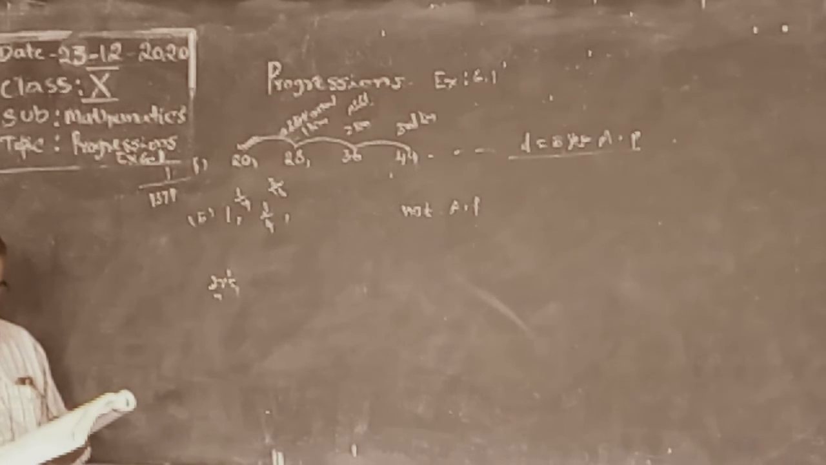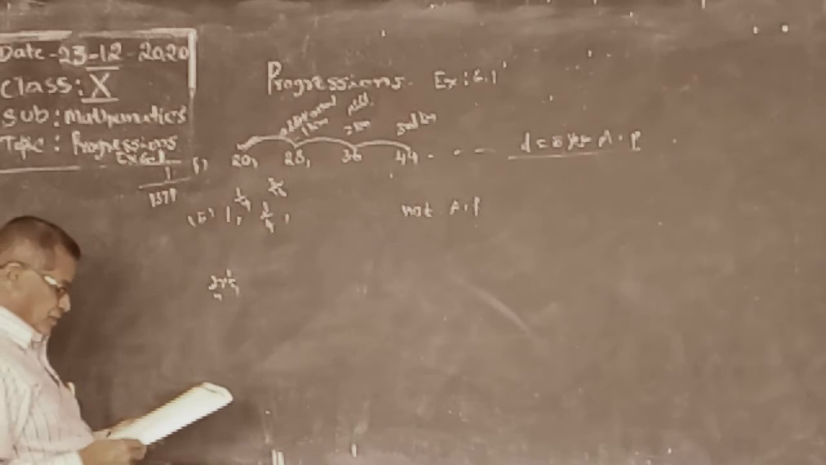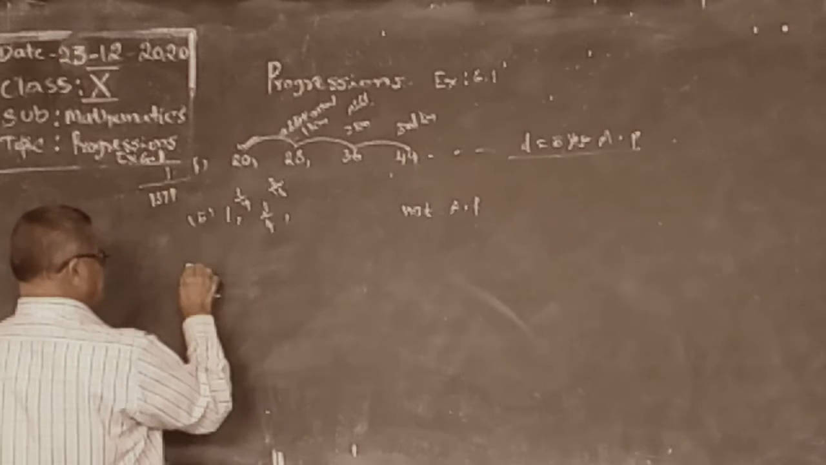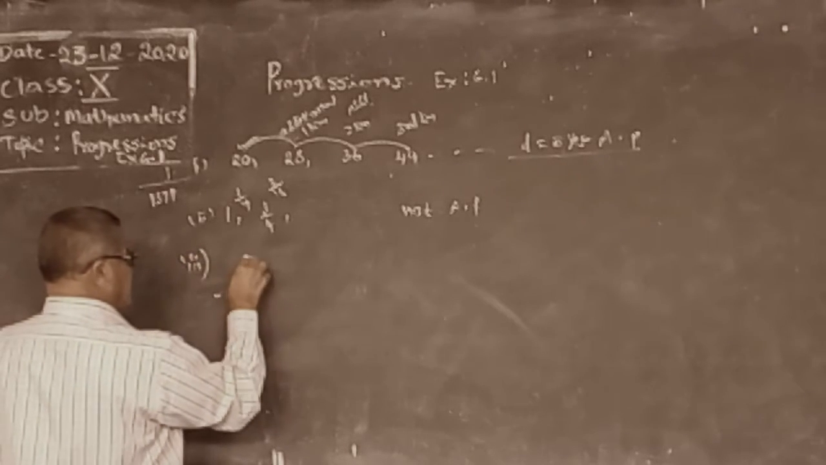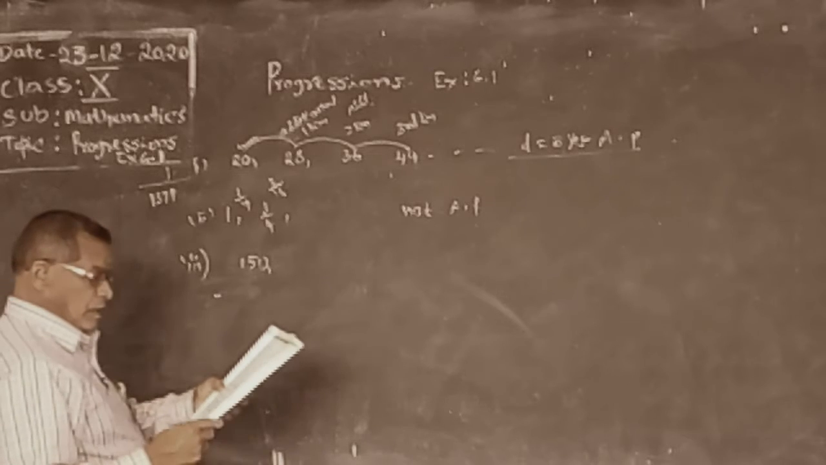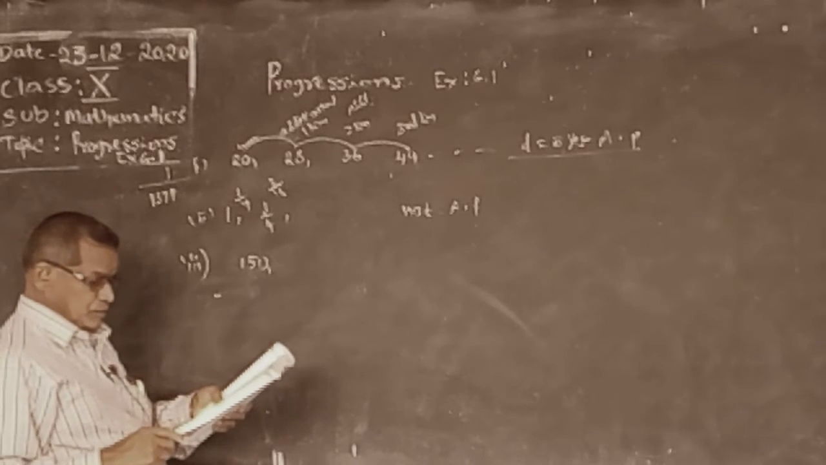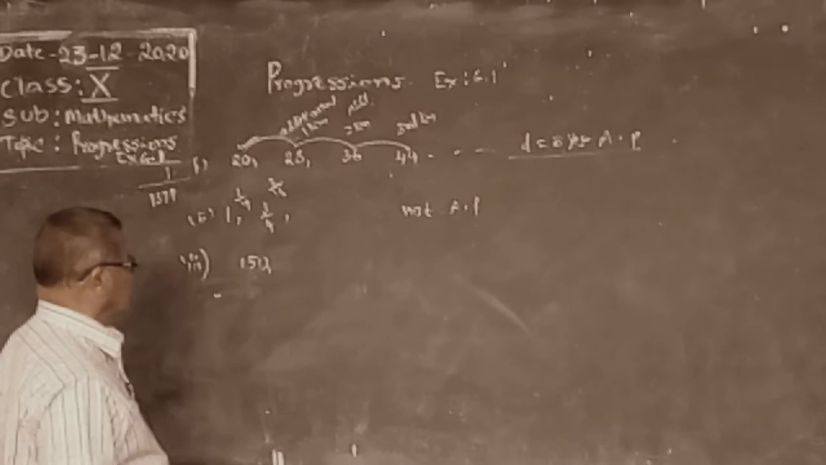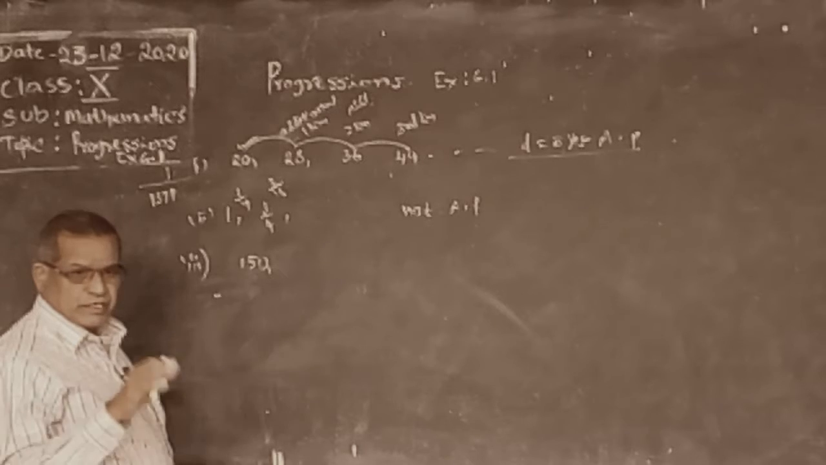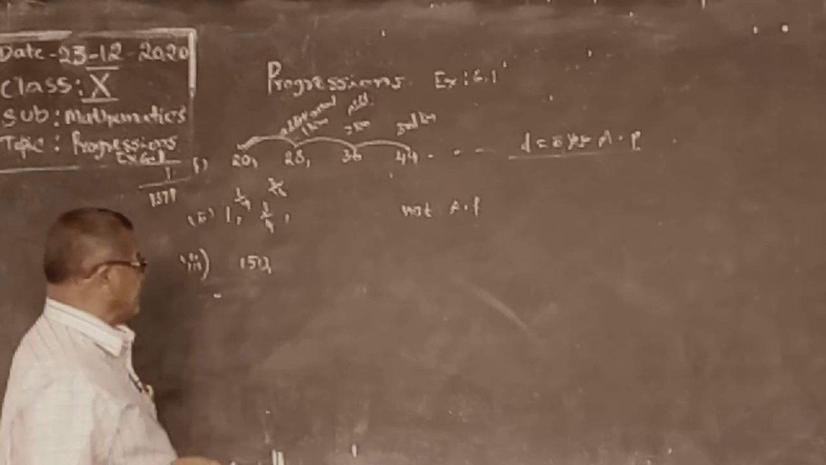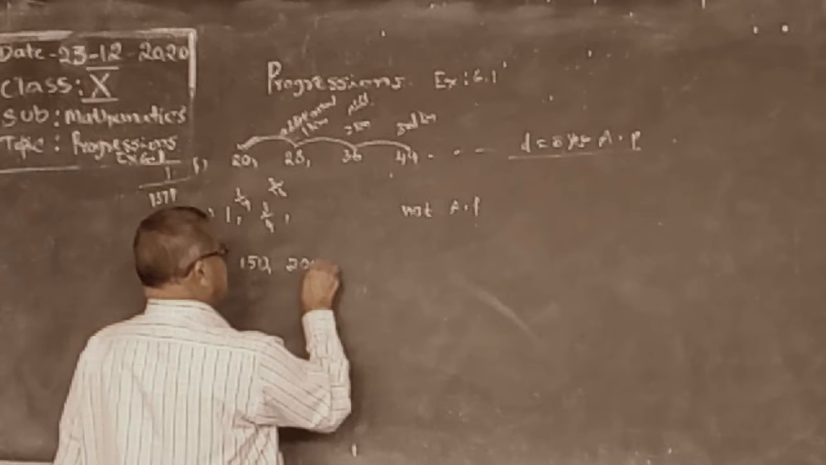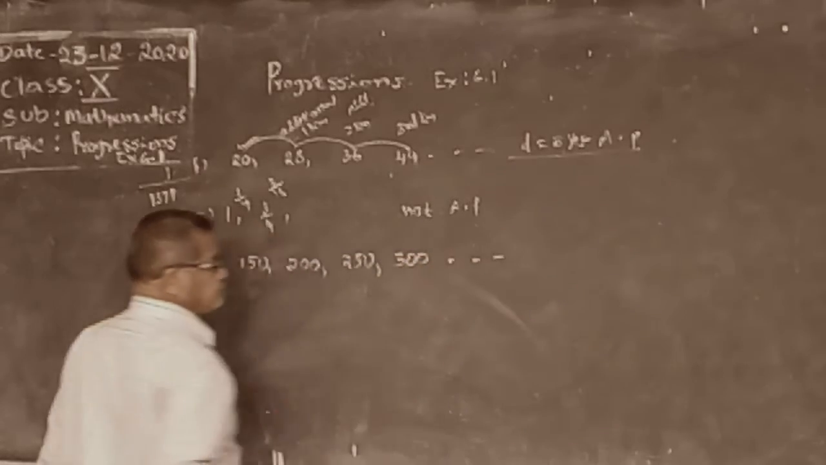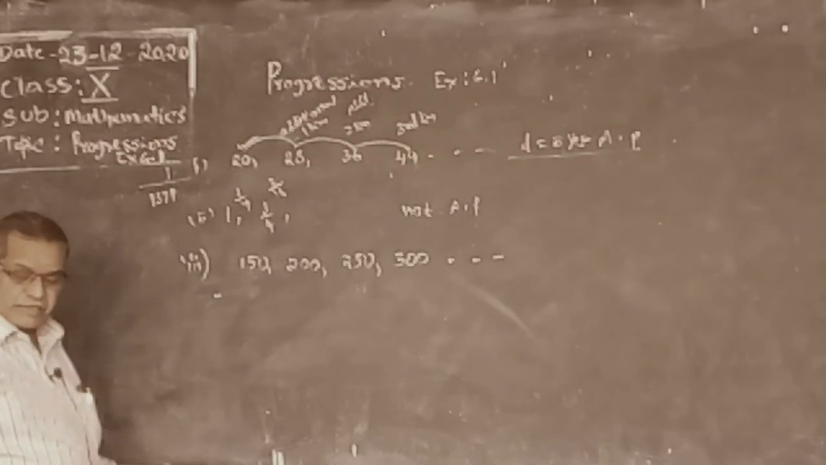Third one. The cost of digging a well: the starting cost is 150 for the first meter. For every 1 meter of digging, 50 rupees extra. If you dig 1 meter depth, the increase is 50: 200, 250, 300 and so on. By observing the list of numbers,